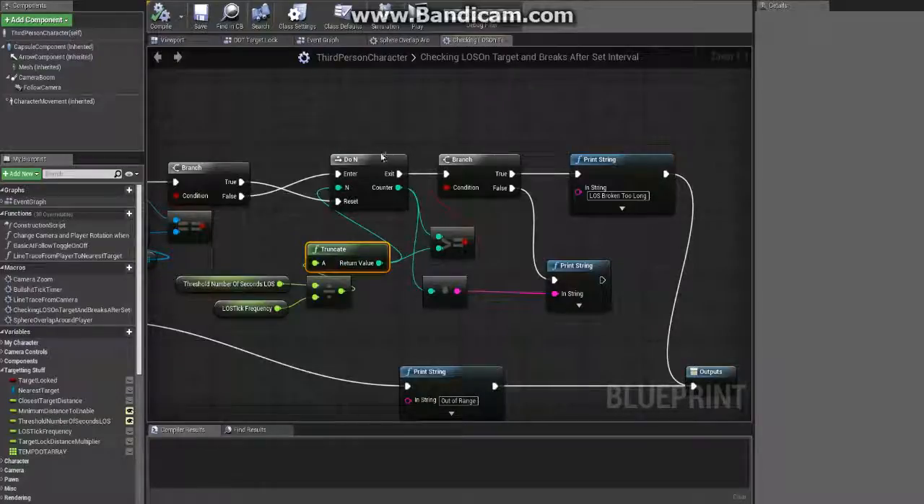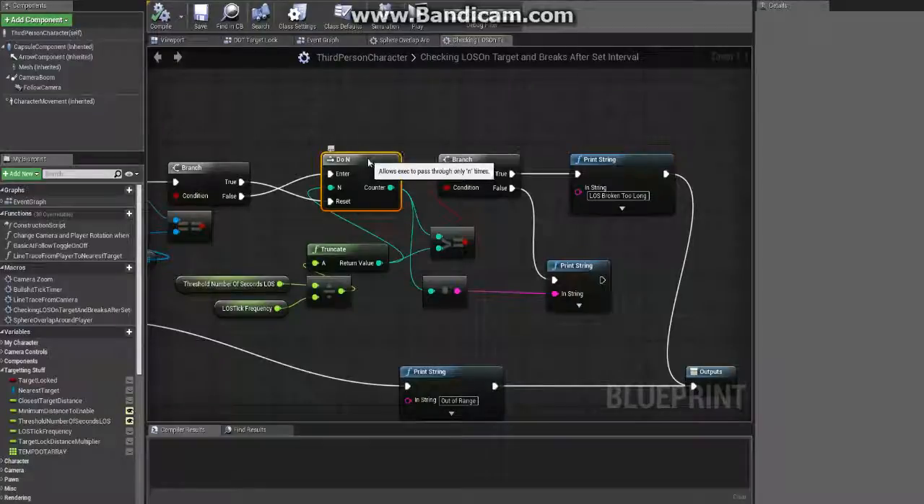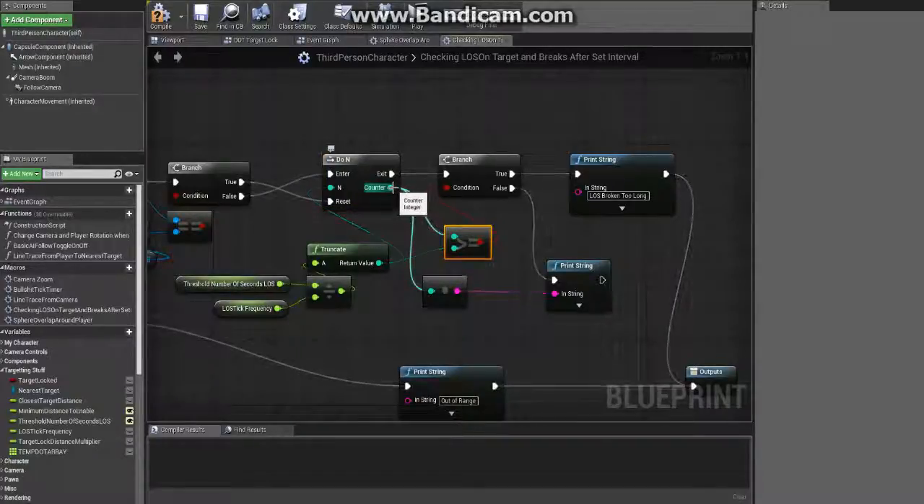So it plugs that number into this Do N, and this will do something a certain number of times, and guess what? That number of times comes from here. So if this is set to 6, it will do this 6 times, and what it does then is it'll start a counter,